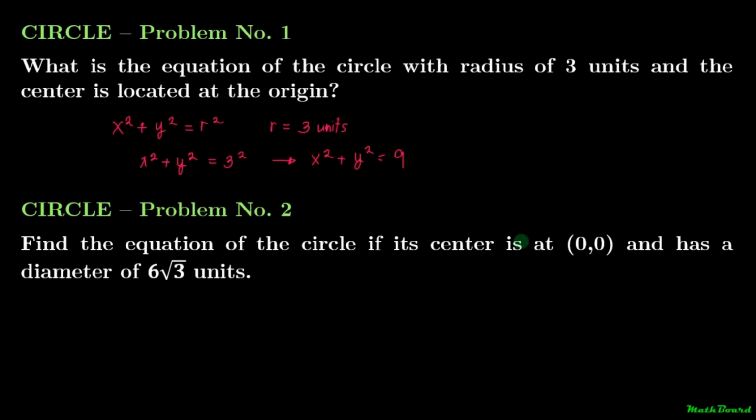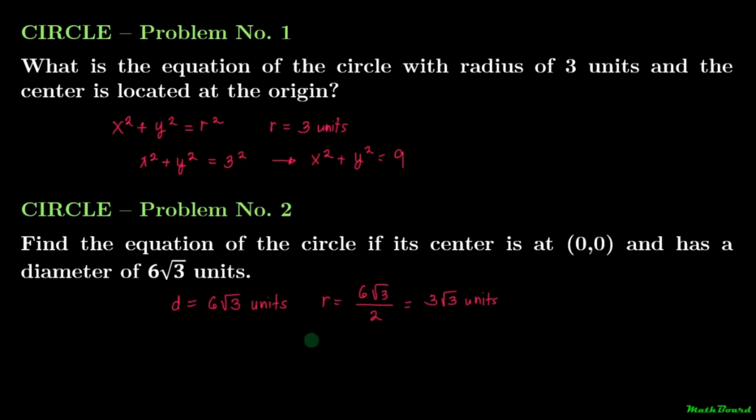Second, find the equation of the circle if its center is at 0, 0 and has a diameter of 6 square root of 3 units. Since the center is also located at the origin, we can still use this equation. But since the diameter is given with d equals 6 square root of 3 units, we know that the radius is just half the diameter. Therefore, r equals 6 square root of 3 divided by 2, which is 6 divided by 2 is 3 square root of 3